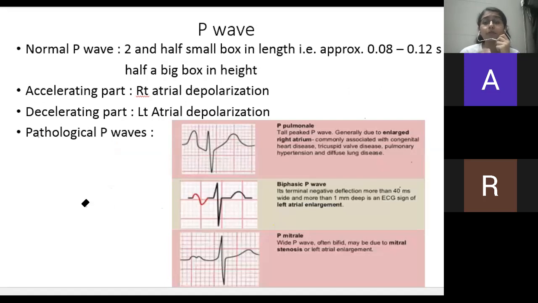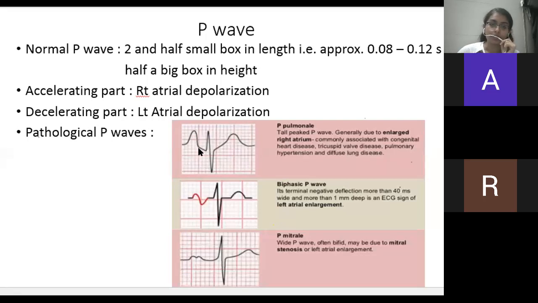So you know that if the P wave is going more than one big box in height, there is some problem. If the P wave is very big, taking an entire big box in length, there is some problem. One thing you need to understand in the P wave is the accelerating part. That is the part that goes up in the P wave, due to right atrial depolarization, which happens first because the SA node is in the right atrium, and the descending part is due to left atrial depolarization or end of